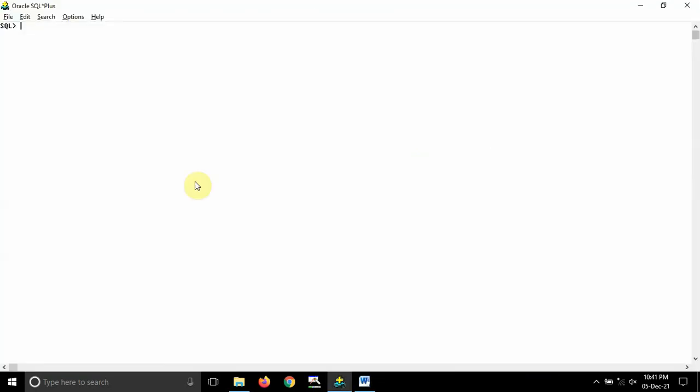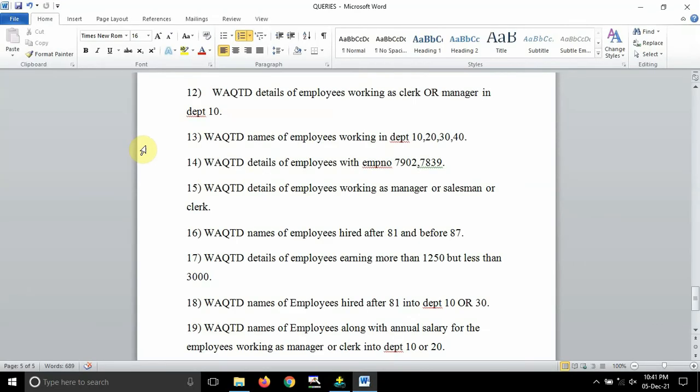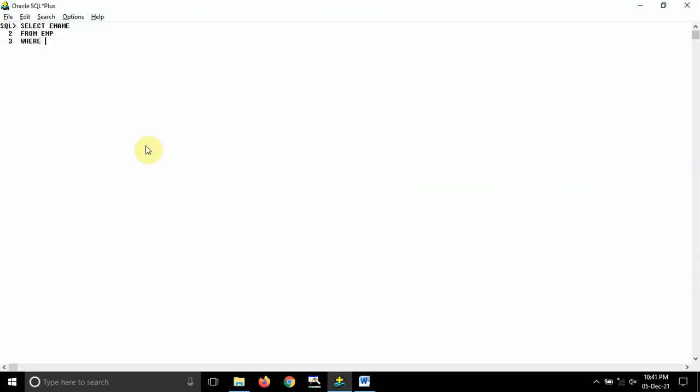So it is pretty simple, guys. I need to select employee name, so ename from EMP table, and here I am having a where condition. The where condition says working in department 10, 20, 30, 40. So DEPT number. This is the first method I will be showing, guys, and here there is no need to use brackets because I will be using only OR condition, but for good practice I can use brackets.